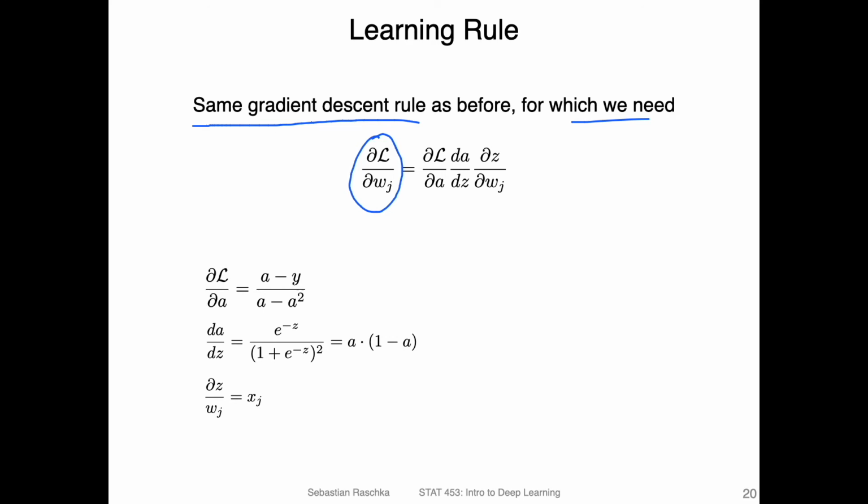That's the same concept. In order to do that, we can decompose it into 3 terms, the same as we have done for Adaline and linear regression. We compute the derivative of the loss with respect to the output of the activation function. Then we compute the derivative of the activation function with respect to the input. For Adaline, this was just 1 because the activation function was the identity function. And then we also compute the derivative of the net input with respect to the weight. And that was just x, right? xj, similar to Adaline.